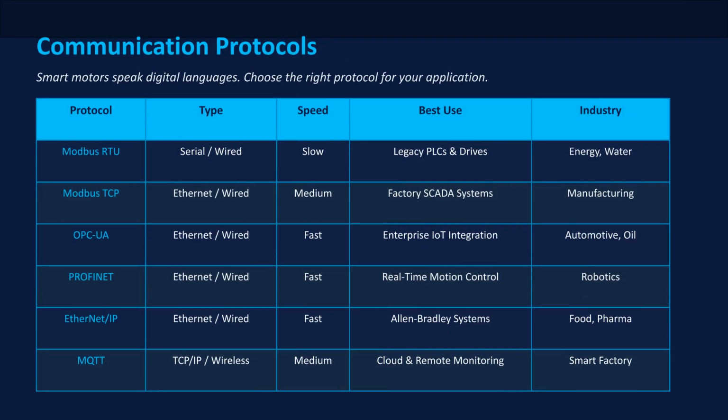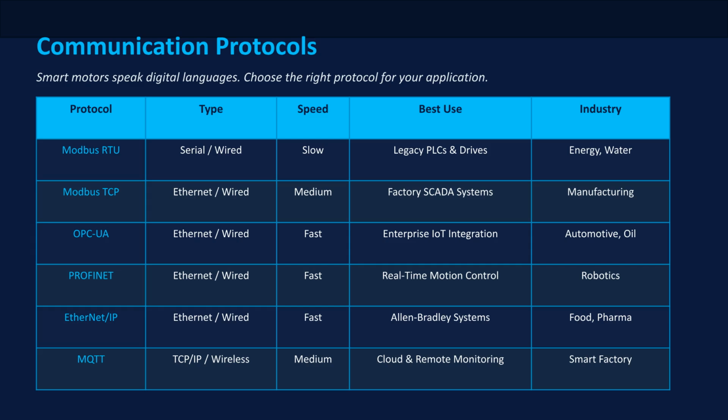Protocols are the communication standards for industrial devices. Modbus is common in older systems, while OPC-UA is the modern standard for vendor-neutral integration. PROFINET and Ethernet/IP are used for high-speed control, and MQTT is ideal for cloud and remote monitoring due to its